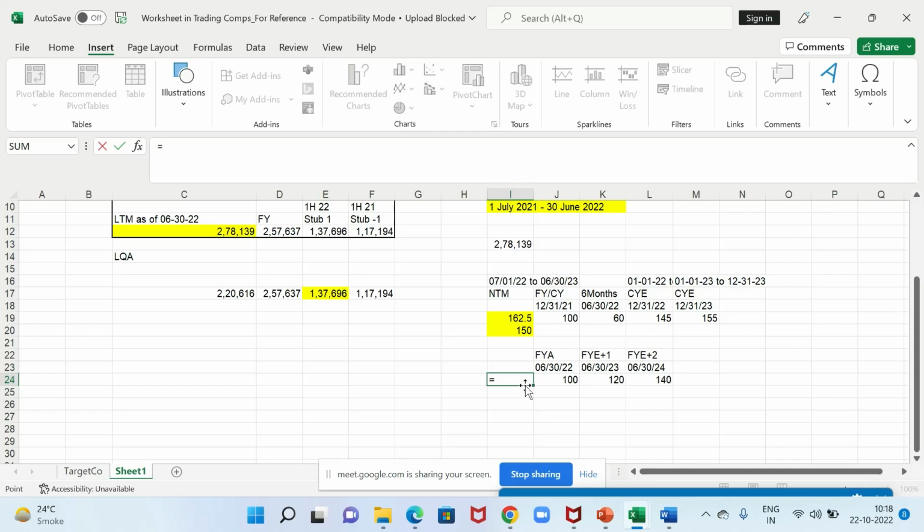I need the next 12 months. For the next 12 months I don't need the current numbers. I need 6 months out of this, or I will need the full 12 months out of this, tell me. So remember, always check which period the number is representing. As of the current date, it would be 06/30/23, right? This is my NTM also. I don't need to do anything over here. I'll just use this as my next 12 months number.